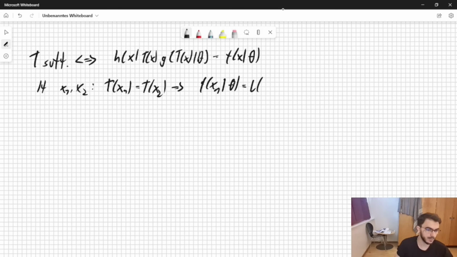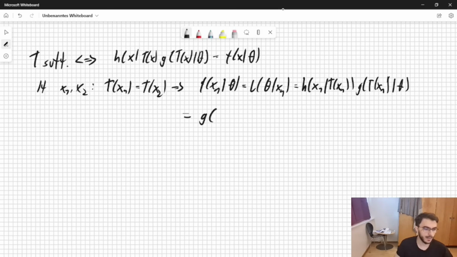We can also write this as L of theta given x1. It's equal to, first of all, this function, and this function is proportional to the other one. We see that by writing this. So first for this value, here we can exchange the x1 with the x2, and then writing,